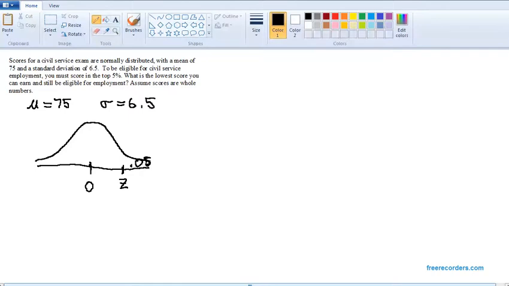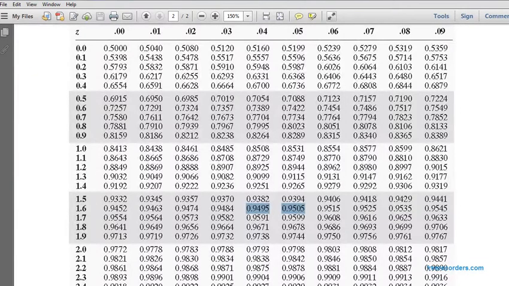But remember to use our table. Our table talks about probabilities to the left of the curve. If you have 0.05 to the right, that means you have 0.95, or 0.9500, to the left. So we're going to go to the second page of our normal table, the one with the positive z-values, and look for